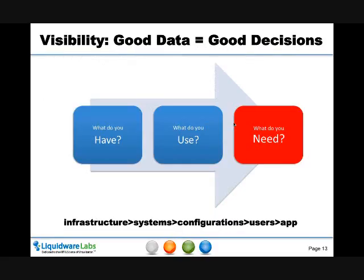I hit on this a little bit before, but it's something I keep coming back to, which is that with visibility, with good data, comes good decisions, or at least comes the avoidance of really, really bad decisions. I'm a fairly simple fellow, and so I believe if something works, we do more of it, and if it doesn't work, we do less of it. So I break it down into two blue buckets. What I believe a proper assessment should be, and what our software enables you to see, is